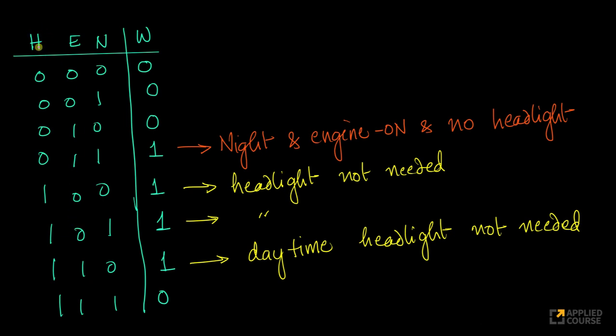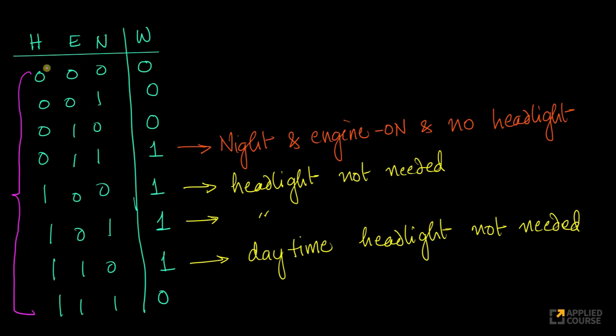So H is the headlight on or off? Is the engine on or off? Is it night or day? Should we warn or not? Because there are 3 binary variables, there are 2 power 3 possibilities, 8 possibilities here. Again, this is something that we learned in discrete mathematics when we learned Boolean logic and how to draw truth tables. It's a very simple thing. If you're not sure of it, please check out our videos in discrete mathematics, especially with respect to Boolean algebra